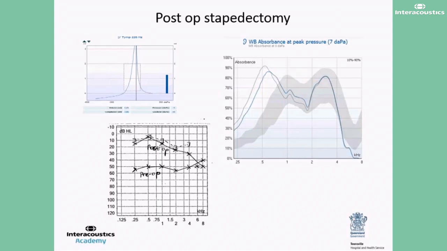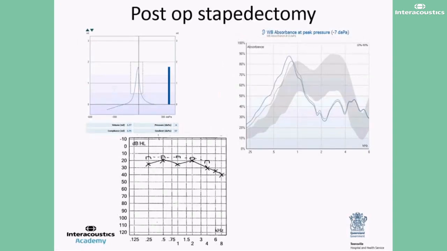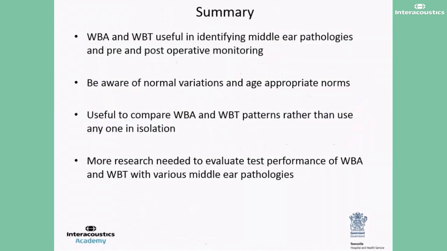This is another example of post-op stapedectomy where the tympanogram shows A-type tympanogram. However, the middle ear function is still reduced in the presence of increased tympanic membrane mobility. As shown in the previous slides, wideband absorbance can therefore provide information of the middle ear function when the tympanometry results are not very conclusive. So, in summary, wideband absorbance and wideband tympanometry are not standalone tests and should not be